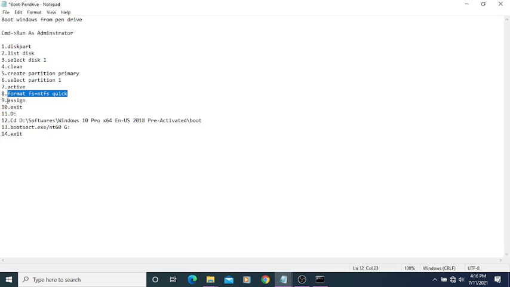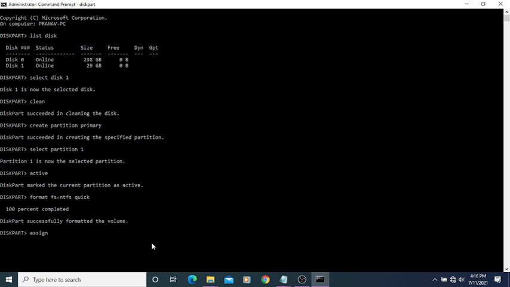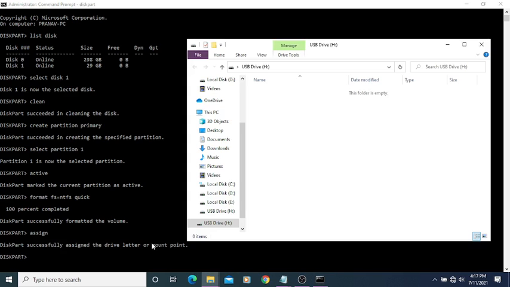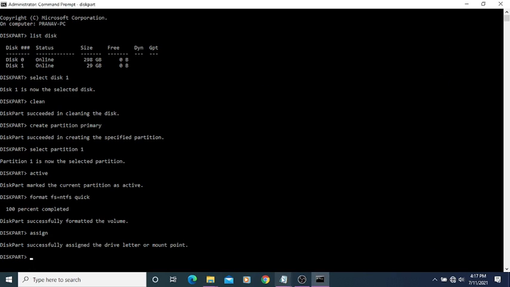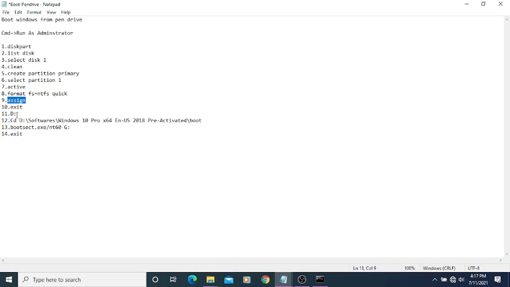Next step is assign. So it will assign our USB drive. You can see now the USB drive is assigned to H drive. So we will do everything with the H drive. After these steps, we will exit.